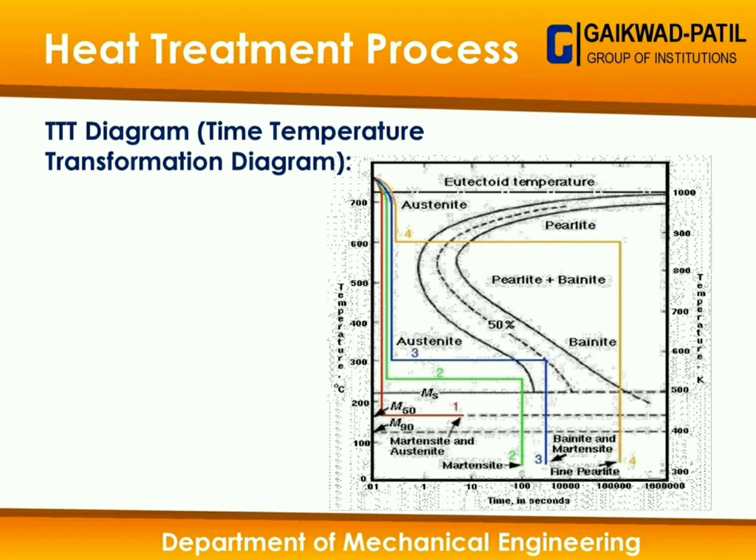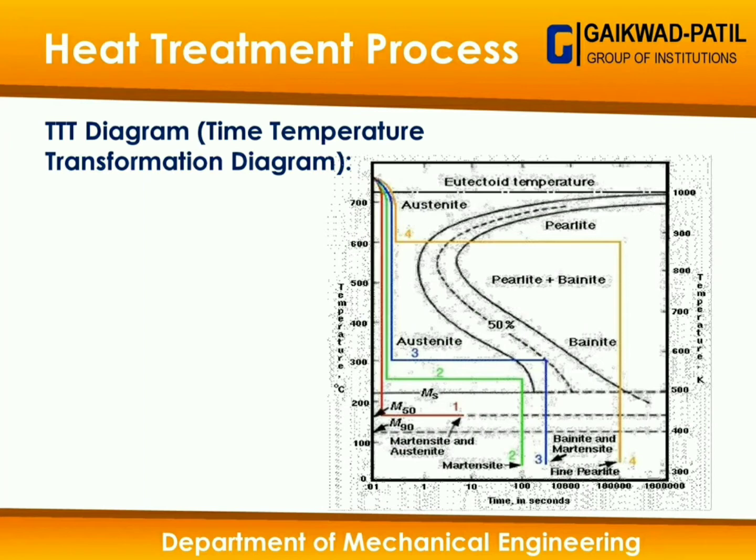Getting me or not? When the gamma austenite phase is allowed to cool down and then kept for a longer period of time in isothermal condition, then we will get a pearlite type of soft crystals, right? But in another case, another sample of gamma austenite is allowed to cool down fast up to a temperature of 300 degrees centigrade, and then kept in an isothermal condition, and then we will get a bainite phase, right?